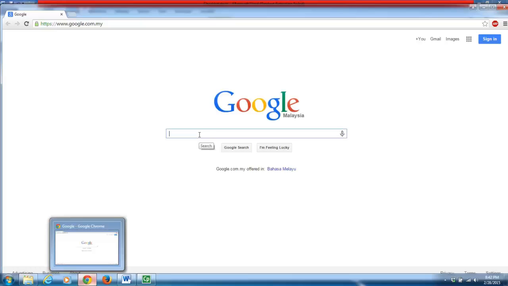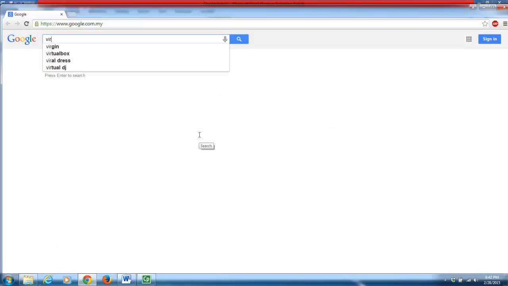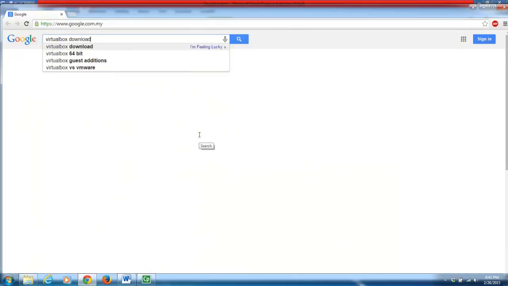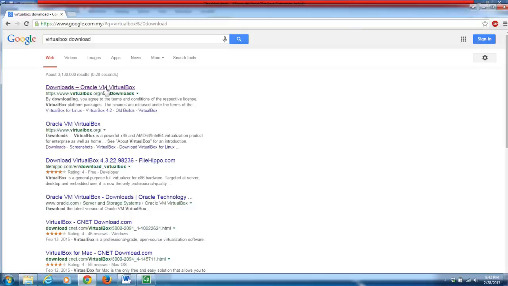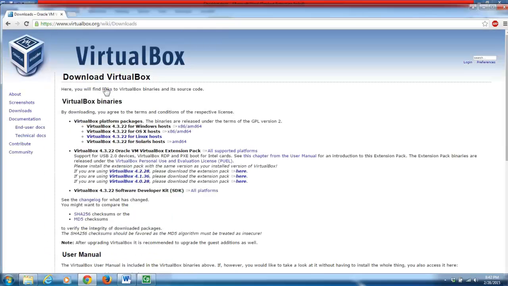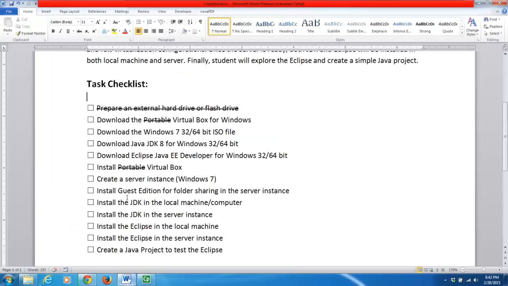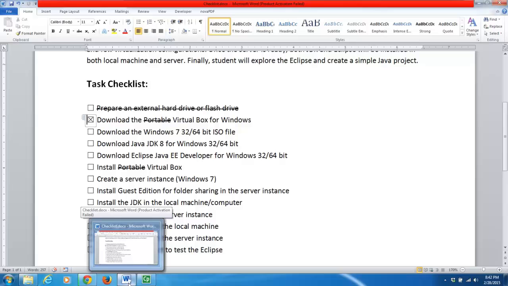Right, you can download VirtualBox. Download there. Right, and then click that. Click the Windows host if you are using Windows, click that. Okay, download. Second one, so done that one. Windows 7 VirtualBox, done. Windows 7 ISO,